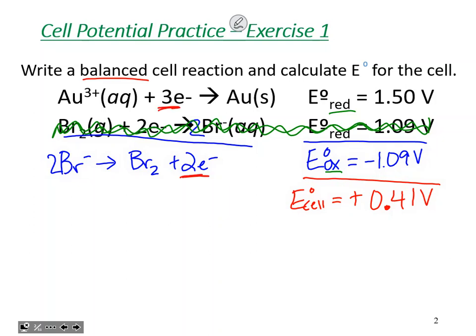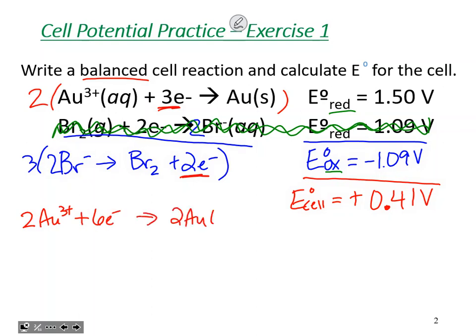We have 2 here and 3 here. So now I do need to multiply through and get a least common multiple so that I can balance them by the reaction. So I'm going to multiply this top one by a 2. I'm going to multiply this one by a 3. When I do so, I end up with 2 Au3+ plus 6 electrons, giving me 2 Au solids. And I multiply the other one, which is going to give me 3 times 2, so that's 6 bromides,